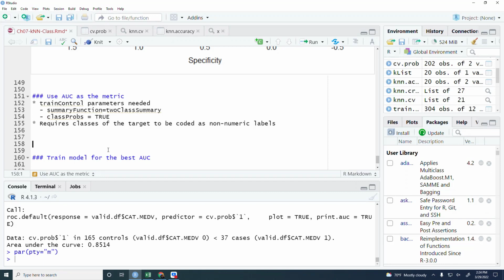Now the procedure that we're going to look at is common for other models as well. It's not just for KNN. You can use the same method for decision tree, logistic regression, neural networks, and so on. If you want to use area under the curve as your metric with a different model, you use the same procedure. So what we need to do is to set up your